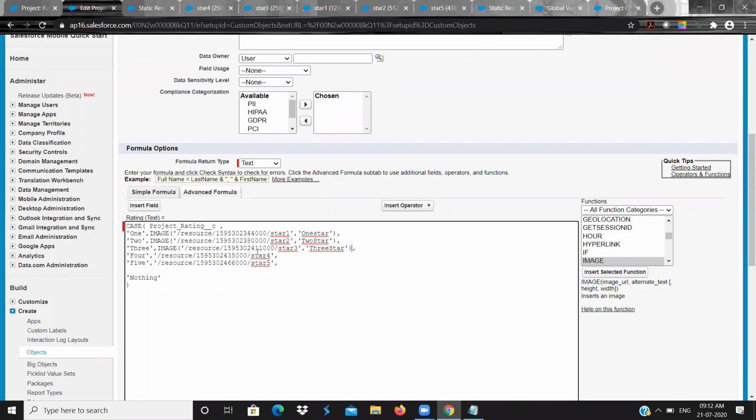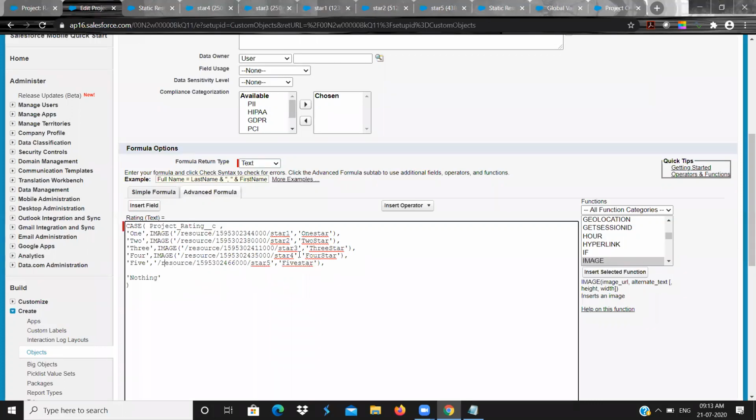Similarly here, image of, comma, 4 star. Comma, 5 star.